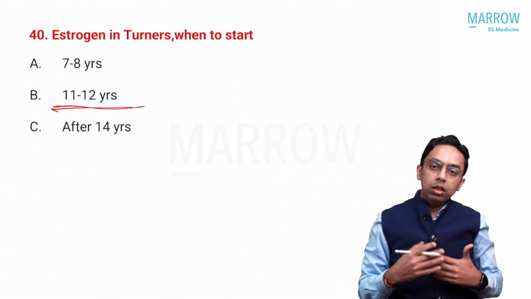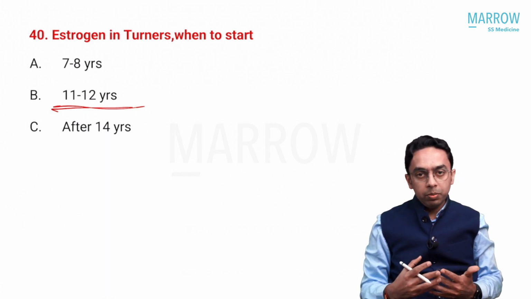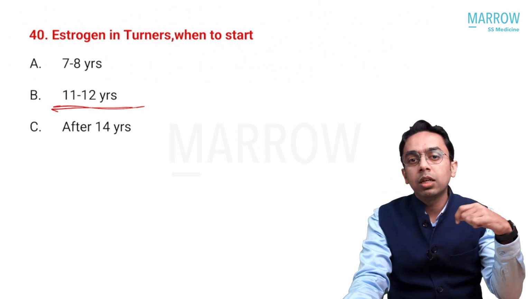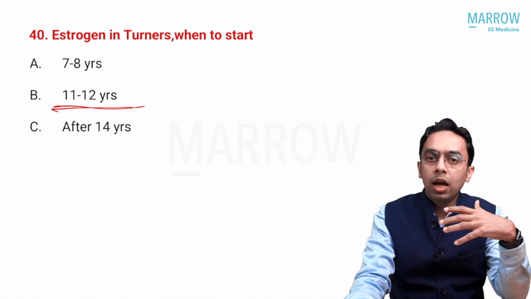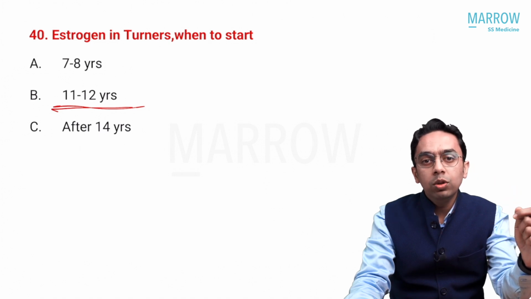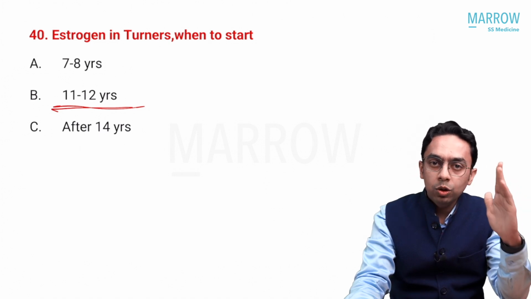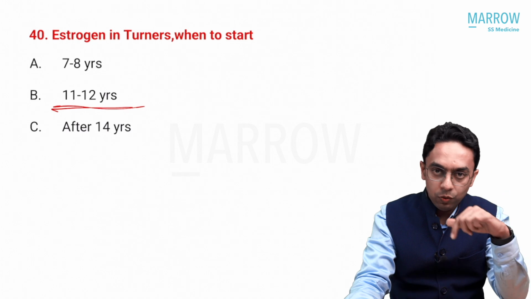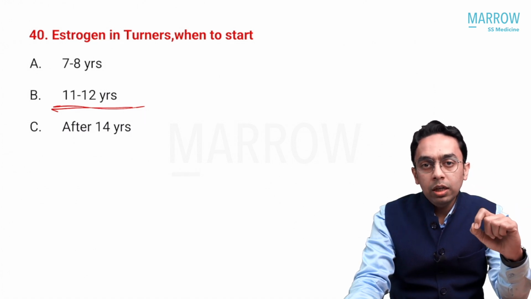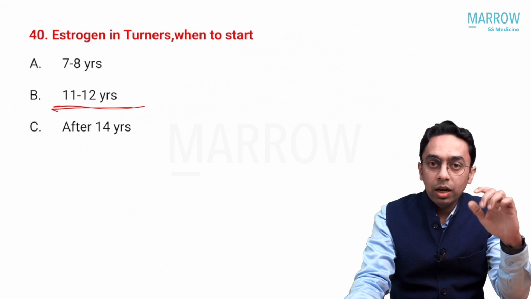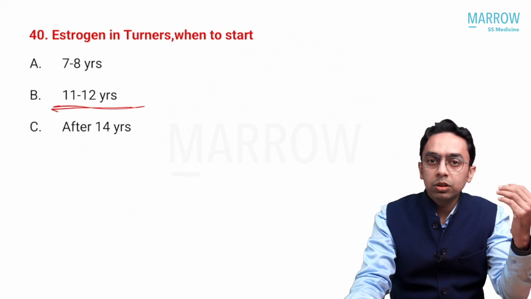There are two methods, either you can give it orally or by transdermal patch. The transdermal patch, which comes by the name of Estraderm, usually comes in two strengths, 50 and 100 microgram. What we do is we divide this 50 microgram patch into 8, and we ask them to replace it daily. Orally, what we give them is Velred, that is Progynova, which comes as 2 mg, but